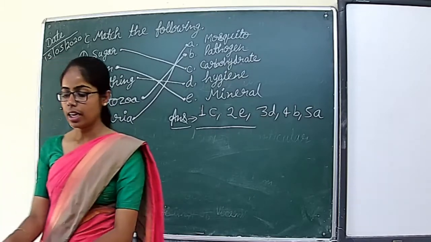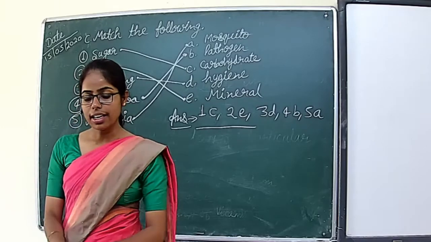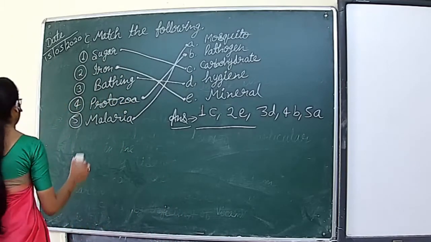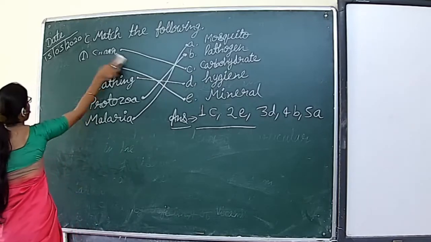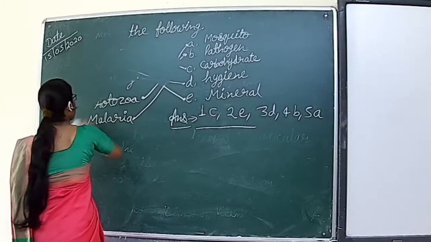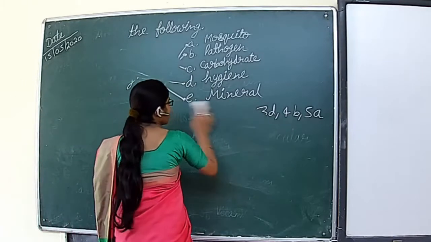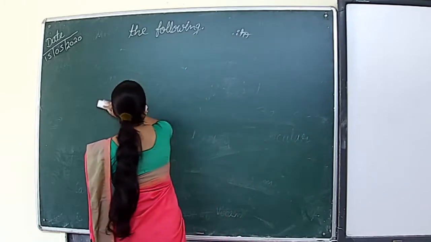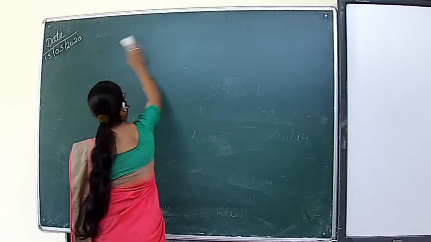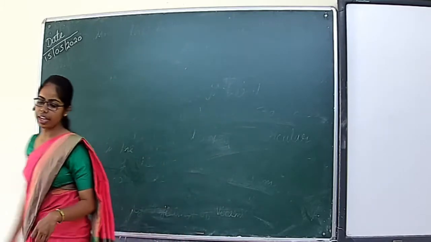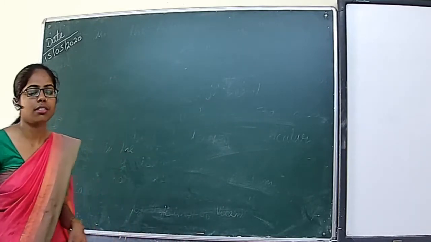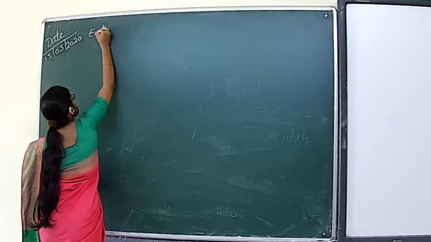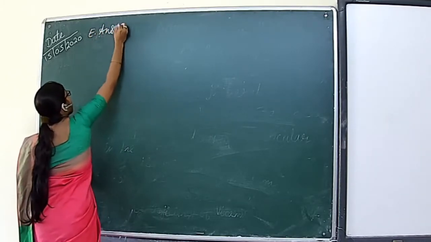Okay? Now we will move to the last segment of the exercise. Answer the following. Now I am going to rub it. All of you, those who have the book and those who do not have the book, take your copy, notebook and fountain or gel pen and start writing along with me. Question number E. Answer the following.